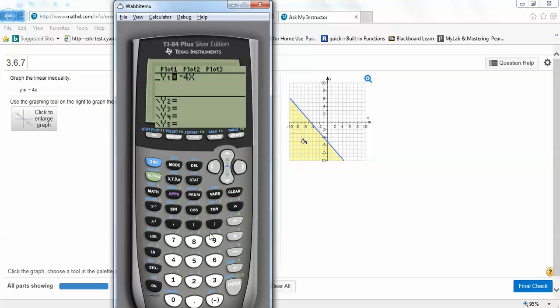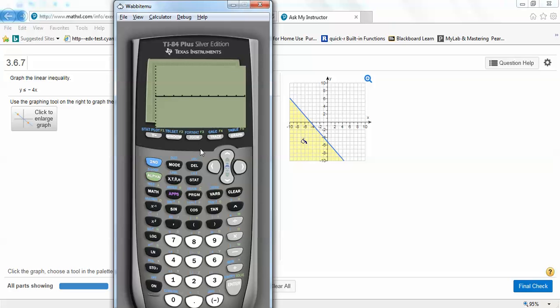Since it's a less than or equal to, if I keep pressing enter, there it becomes an upper right hand triangle. That's for the greater than case. If I press enter one more time, it becomes a lower left triangle for the less than case. And now if I press graph,